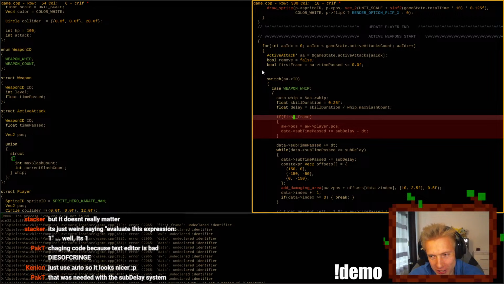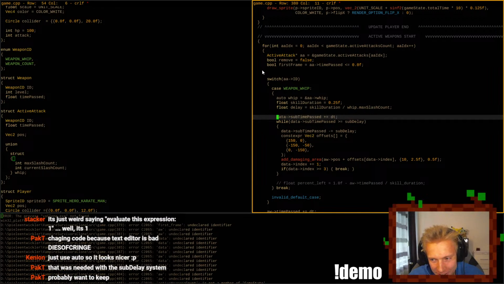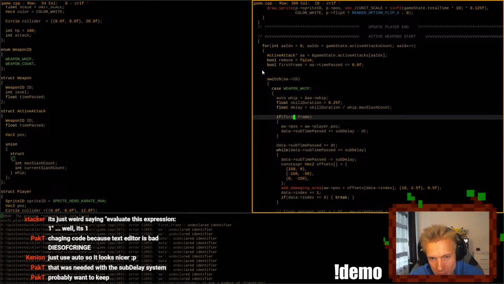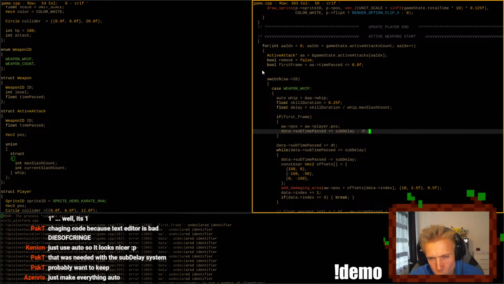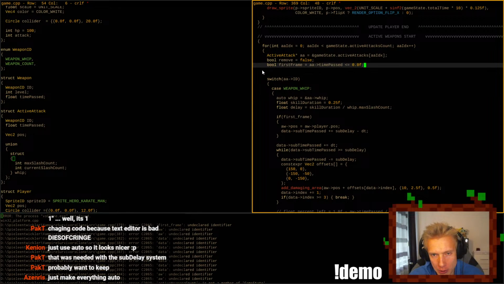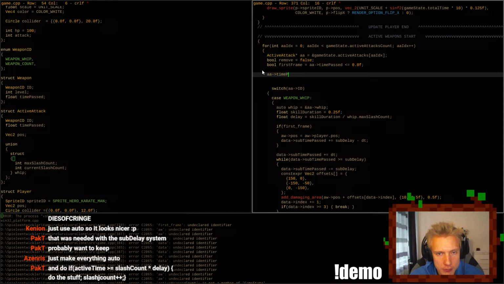Changing code because the text editor is bad. Probably want to keep, but for what? What is this doing? Wait. First of all, for every active attack, we do time passed plus equals data time.